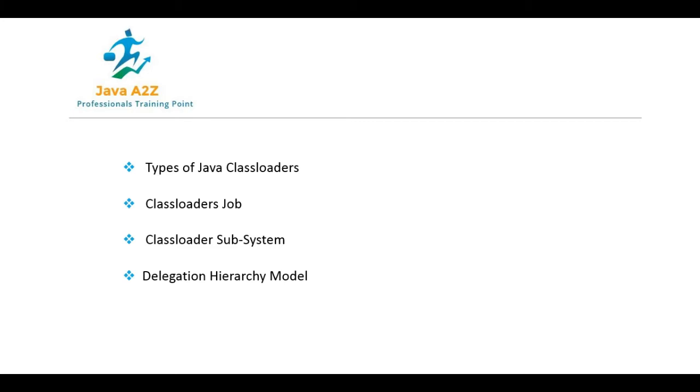So we have three types of class loader. First one is the bootstrap loader. This is the parent class loader in the hierarchy. Extension loader is the subloader, or subclass, of the bootstrap loader. So this is the child loader for bootstrap, and the third one is the application loader. So this is the hierarchy of loaders. Application loader is a child of extension loader and extension loader is a child of bootstrap loader.